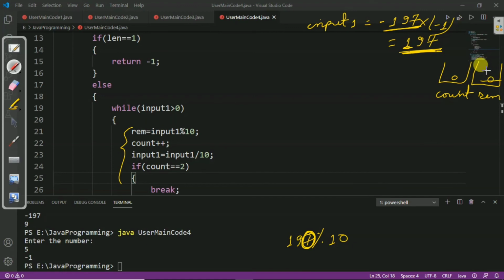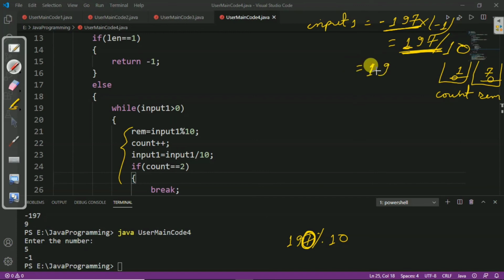So, now our remainder becomes 7, and after that we increment the count value, count plus plus, and count becomes 1. After that input1 equal to input1 divided by 10. So, input1 is 197 divided by 10, and now it becomes 19.